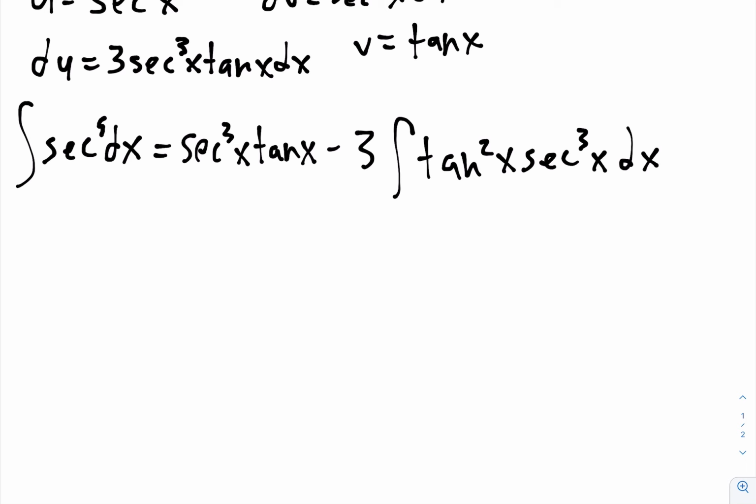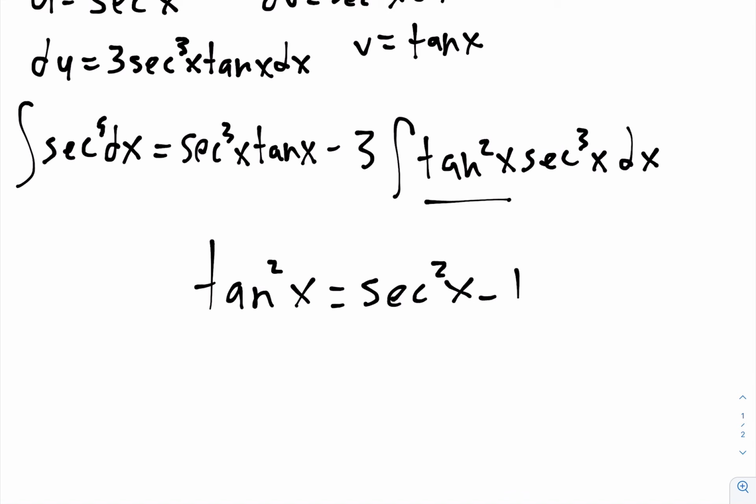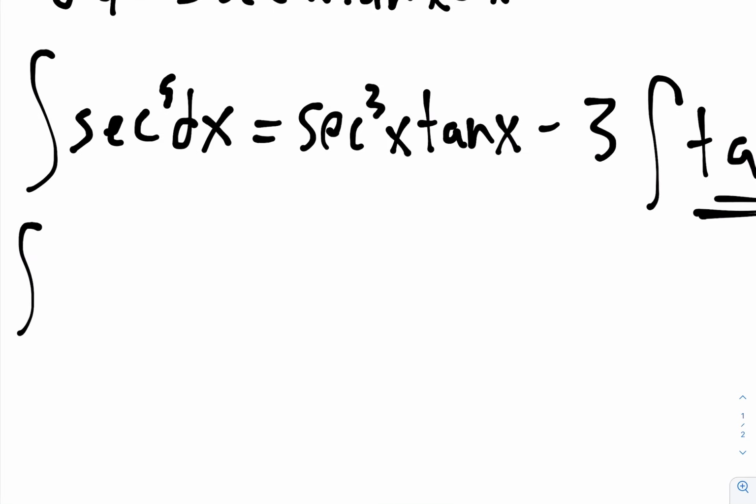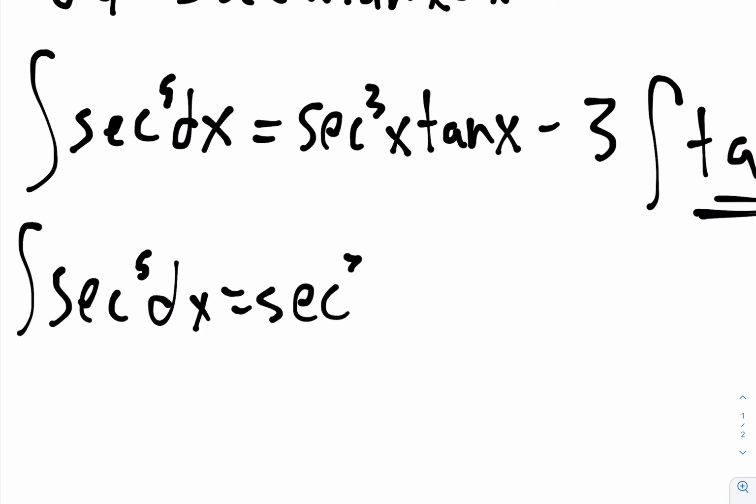Well, I'll tell you that tan squared x is something we can use an identity that we know with. So tan squared x is the same as secant squared x minus 1. That's just a trigonometric identity that you can use. So once you plug in secant squared x minus 1 for tan squared, I'm not going to write this out here. Secant to the fifth dx equals secant cubed x tan x